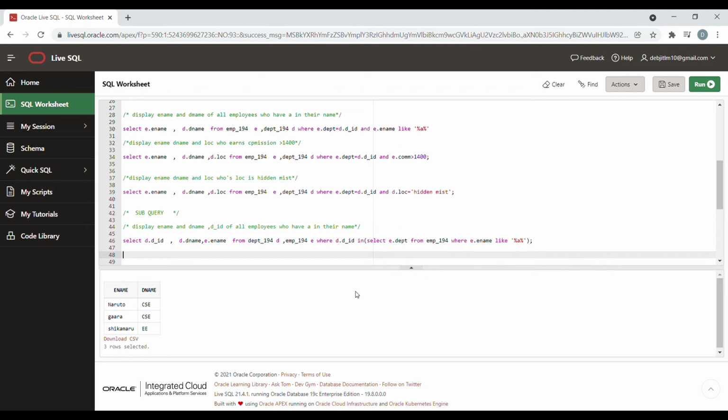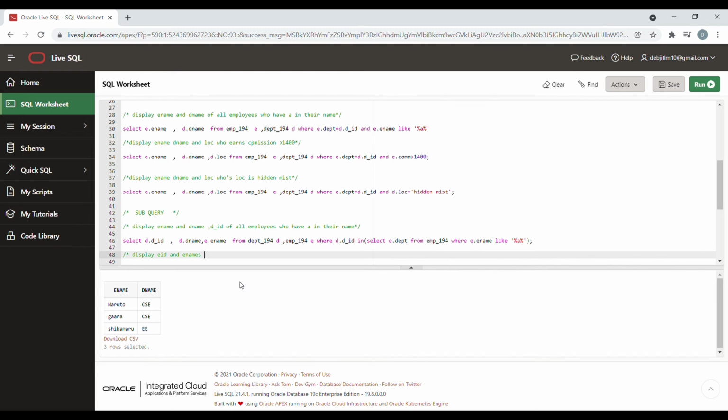So what we are comparing, we will compare the department ID of the departments table with the department column of the employees table which we have got from our subquery. Okay, so we will write where DID in and the subquery. The subquery will return a set of IDs, a set of numbers of the department column which have A inside the name. For all the values inside the set, I want my main query to run, so I will write where DID in and then the subquery.